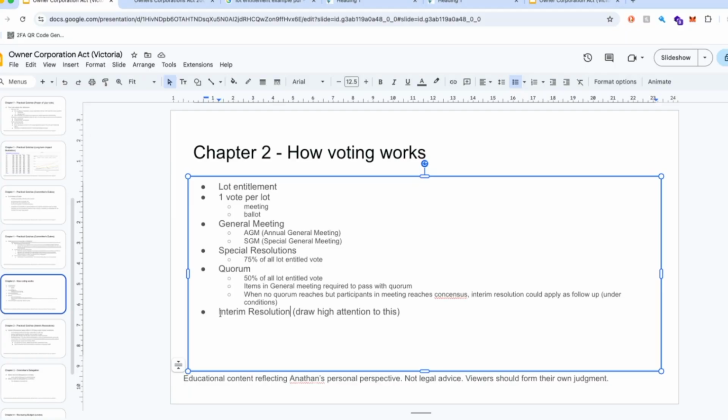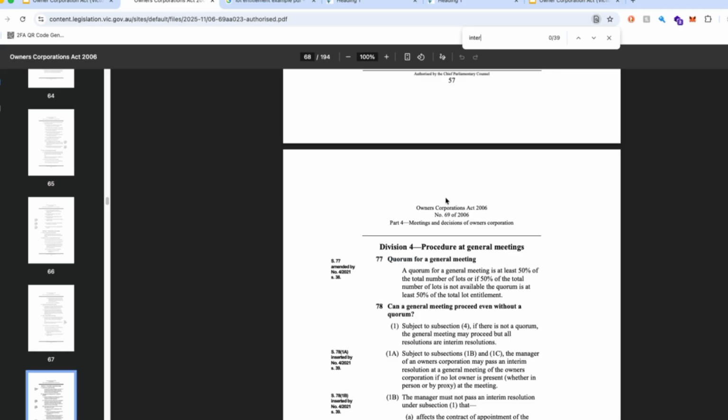Okay, so what is an interim resolution? An interim resolution, which I refer to in the OC Act, is